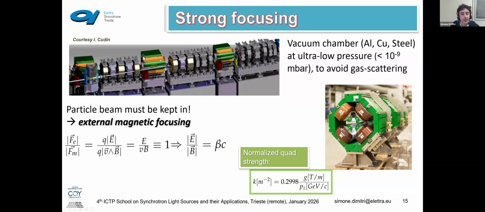So you see in green the dipole magnets we have been talking about, and in between the dipole magnets we have additional magnets. They are called multipoles. They are needed to force the electrons to travel along the vacuum chamber, which is typically a metallic tube where ultra low pressure is made in order to avoid scattering between electrons and residual gas. In other words, we need to focus these electrons along their path,